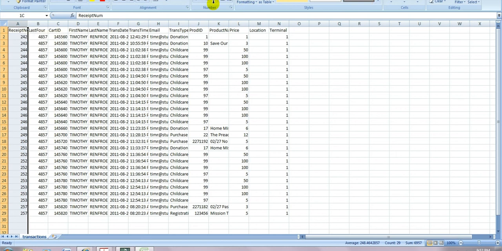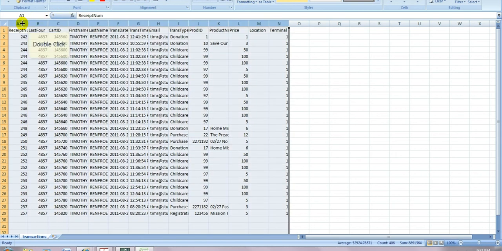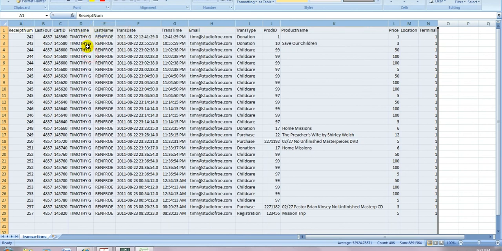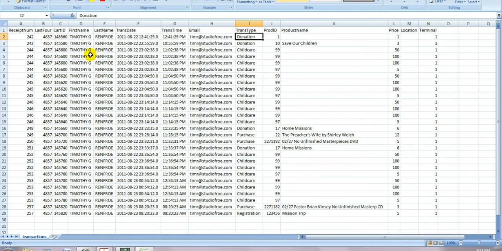This is a CSV file in Excel, and what I'm going to do is I'm going to expand these columns out. And again, in this report, you can see the receipt number, the last four digits of the credit card that was used, the ID for the terminal that was used, and the first name of the customer, the last name of the customer,